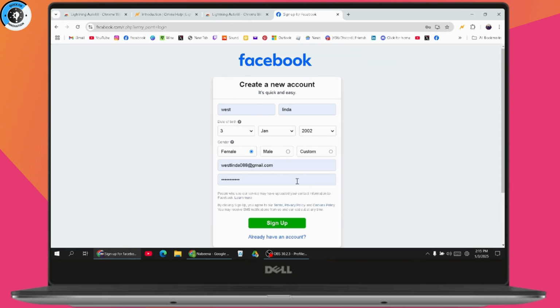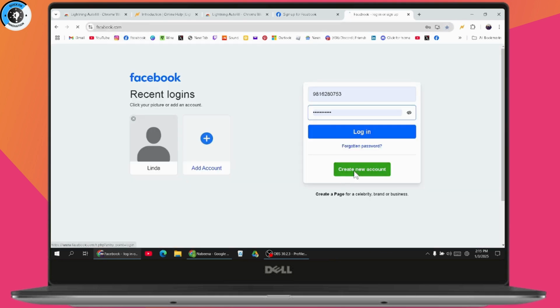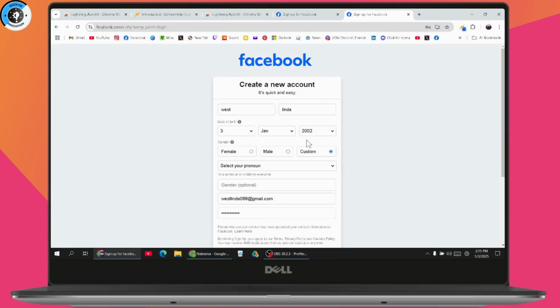Now once it's done, what you need to do is just simply go with your facebook.com again. Now if you go with create new account, then it will automatically autofill your form. So that's how you can use autofill Chrome